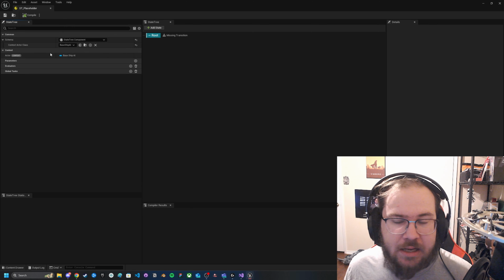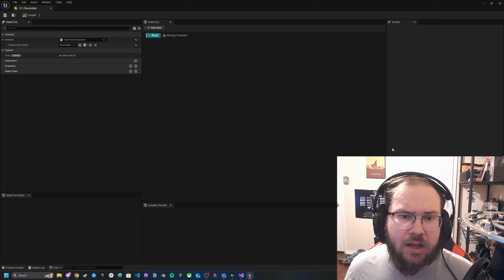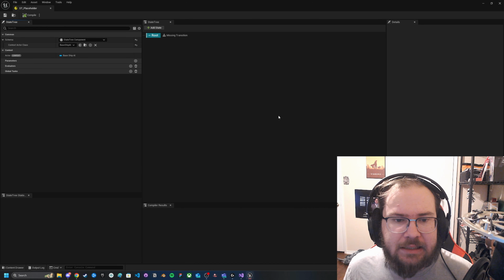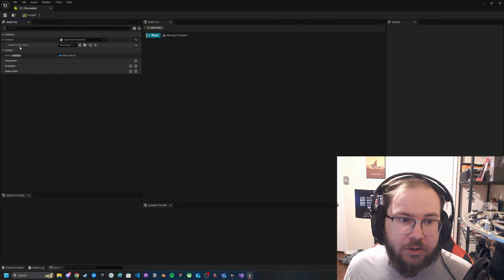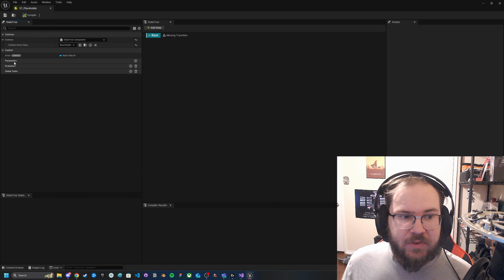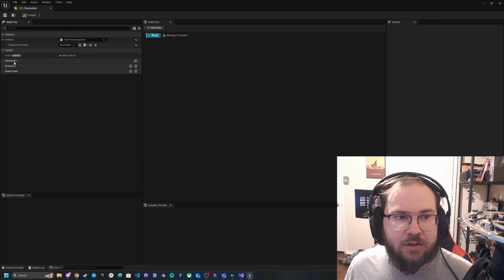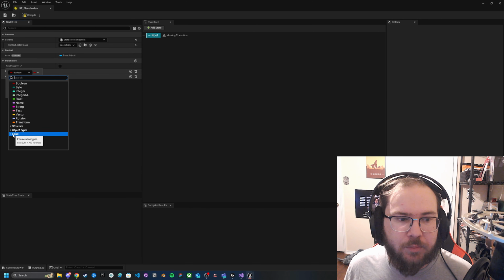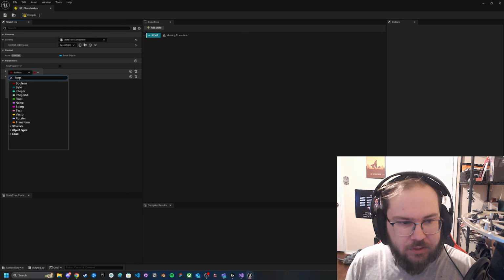Now let's say I want to actually use this actor context somewhere. There's a few different ways you can use that. I'll show that later on once we walk through some examples of states and tasks. But let's look at the rest of the UI here. We have three things: parameters, evaluators, and global tasks. Parameters are basically things that you can include inside of your state tree that can give it a little bit of information for whatever reason. So this is an example. Let's go here and